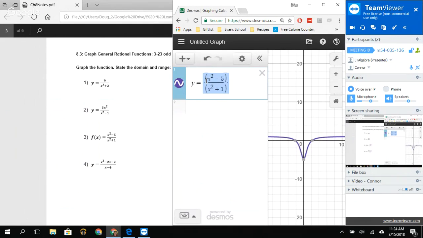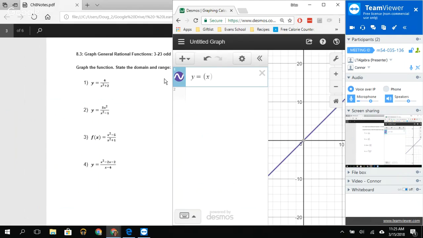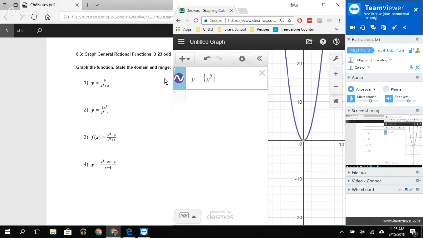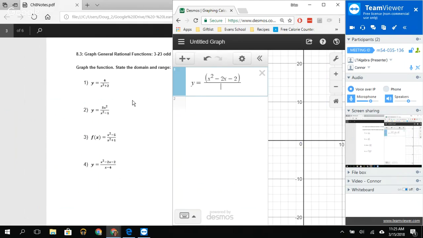Y equals x squared. Oops, I have all my stuff in there. I need to delete all that. Let's start over. Y equals x squared minus 2x minus 2. Okay, so you see that that's your parabola there, but then we have a ratio divided